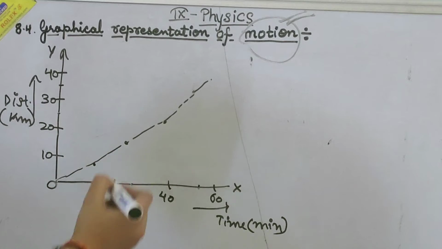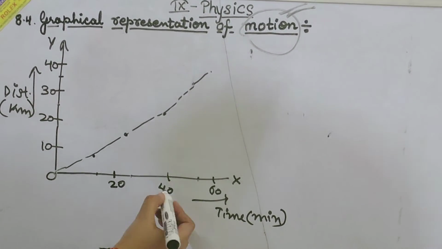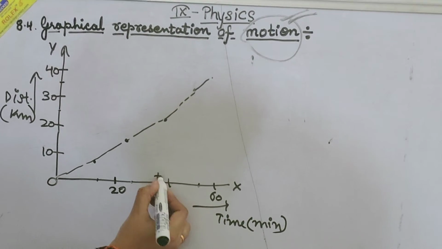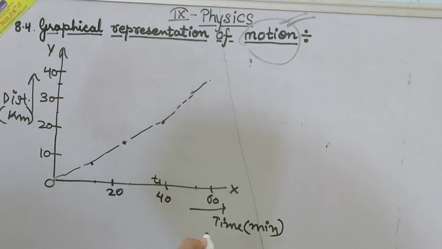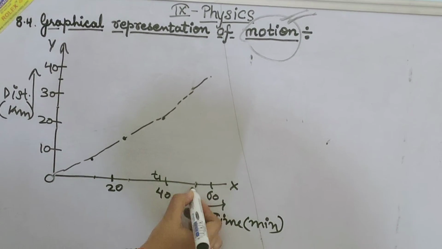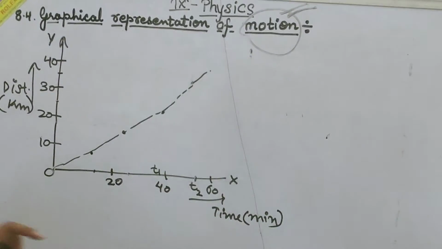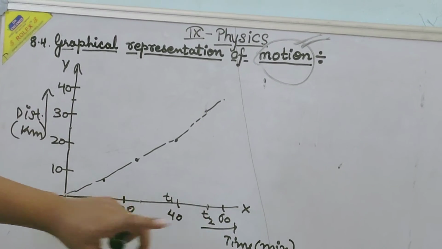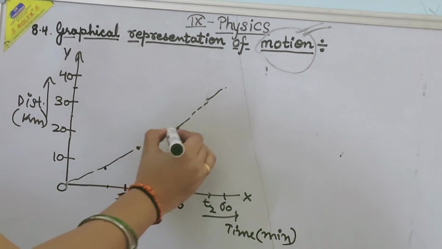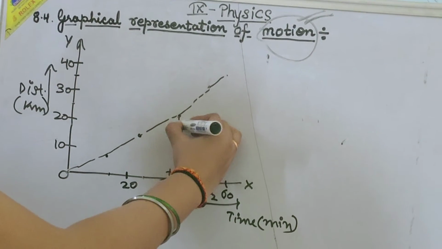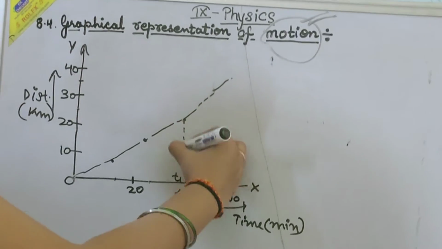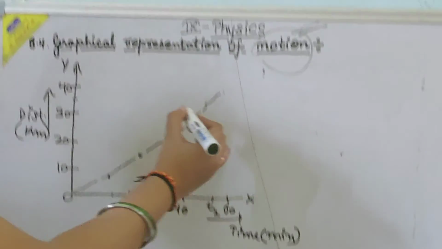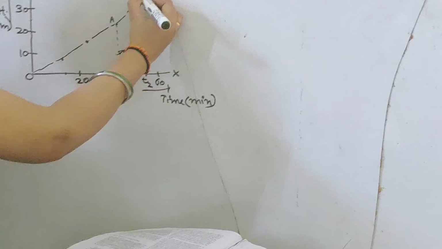So what is explained over there? Like 40 minutes is the T1 time, and 60 minutes, suppose this is 55, is the T2 time. T1 is the initial, starting time, and the object reaches the final point at T2 time. Okay, so we will join these lines, vertical lines from point A. This is point A and this is point B.